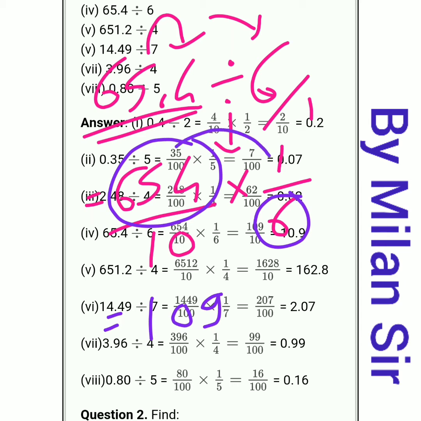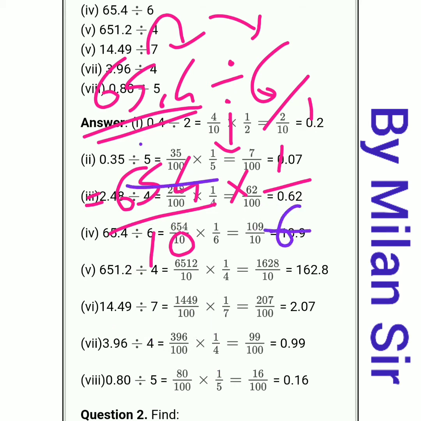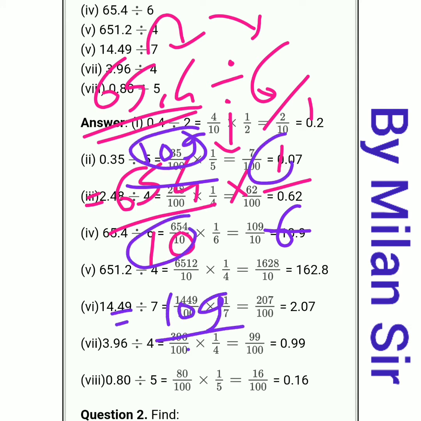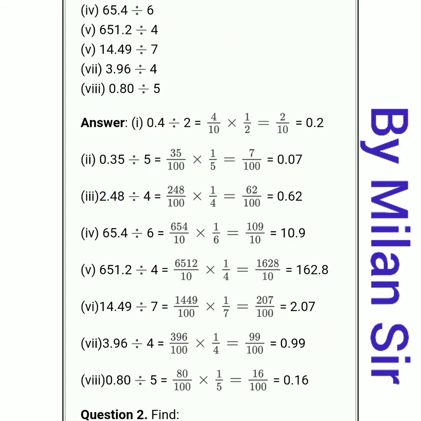109 multiply 1, 109 divided by 10. Otherwise we can say that we can cut this, that means 6 and 109. 109 into 1 is 109, and in denominator 10. Now in denominator we have only 10, so in numerator before one digit we need to put decimal point, so that one digit is 9. We need to count the number of digits from the right hand side, right? So 10.9. Again quickly repeat this question.